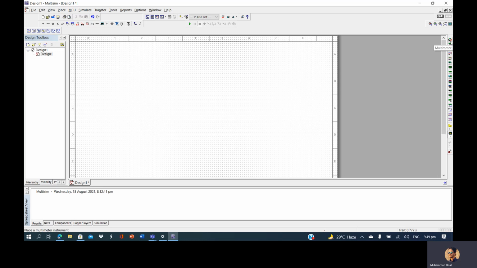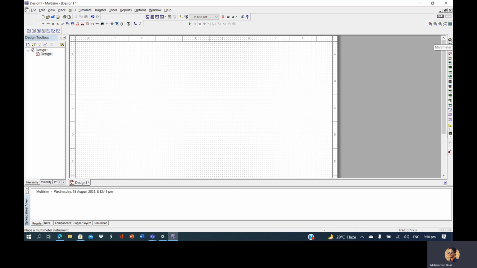We can simply click on the different types of components available over here. There are a lot of components, almost all kinds of electronic devices or measuring devices, or the devices which are used to generate signals or to measure those signals, like the oscilloscope and the multimeter. The multimeter is used for measuring different kinds of voltage or currents in the circuit.